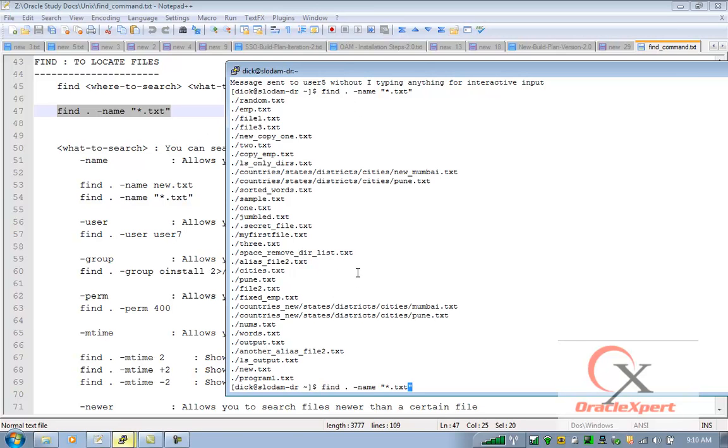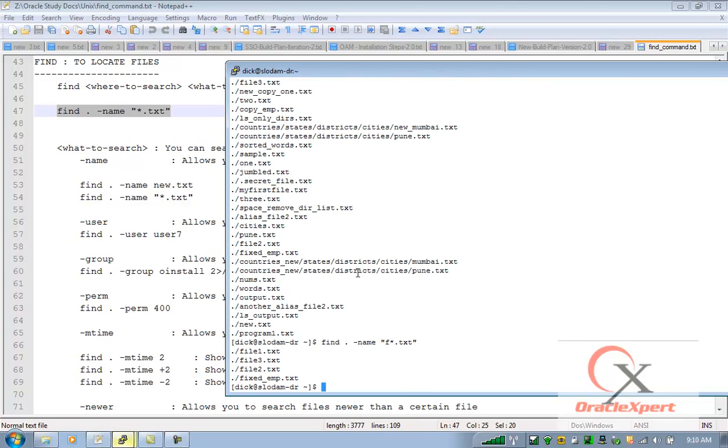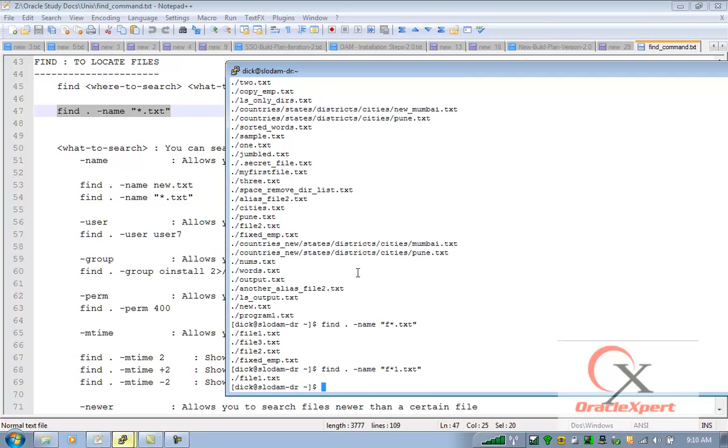I am modifying it. Instead of just *.txt, I want f*.txt. Instead of just doing this, I said f*1.txt. So it must start with f, should have several characters in between, and must end with 1, followed by .txt. So this time I am finding on the basis of name. If you know the exact name of the file, the finding is even faster. So I said